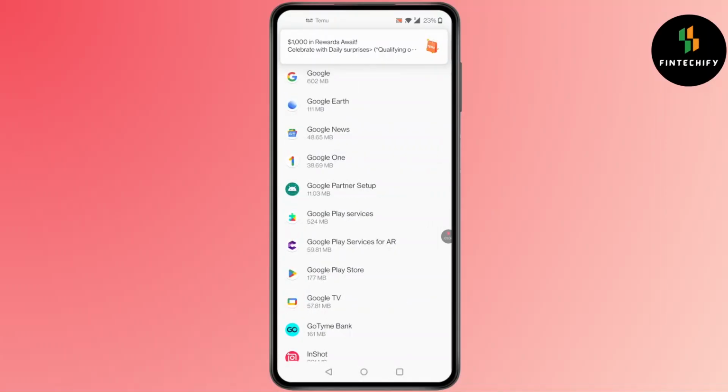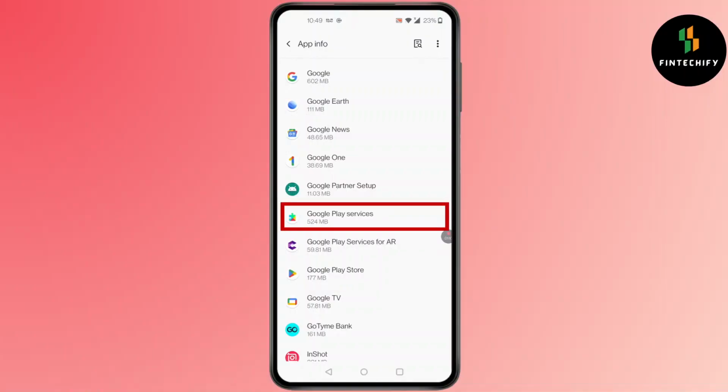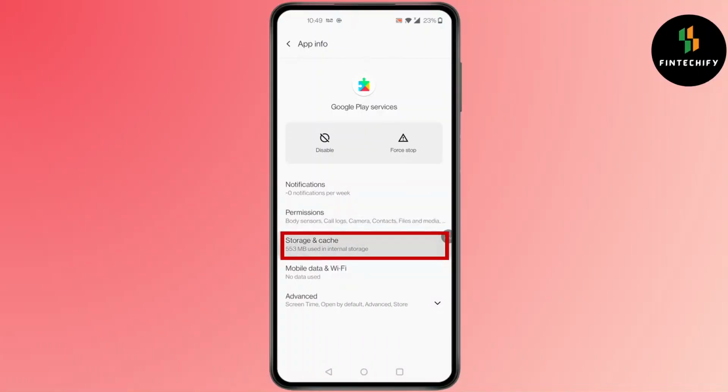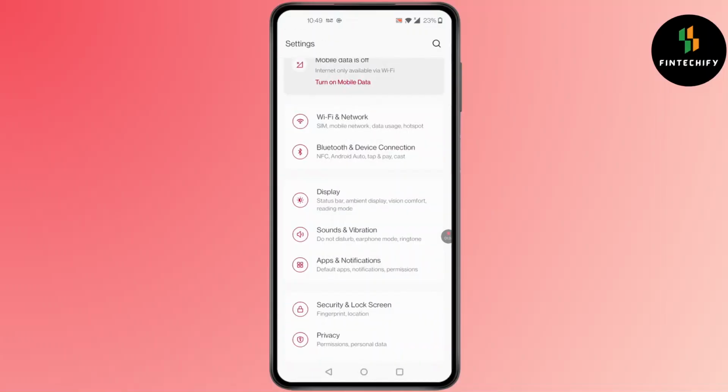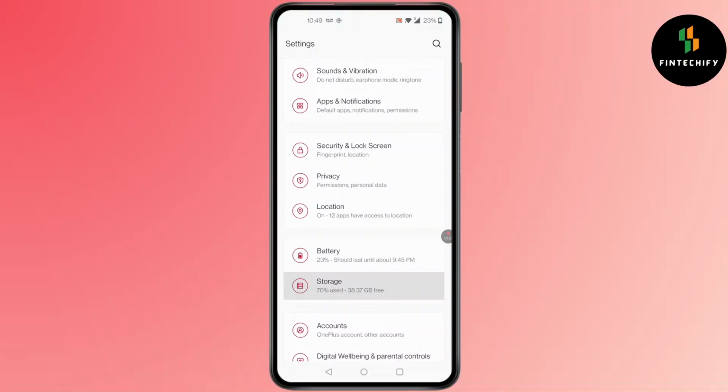In here, search for Google Play Services and click on it. After you click on Google Play Services, go to Storage and Cache again, and then clear cache. Your problem will be fixed, and if this does not work, what you can do is go to Settings, go